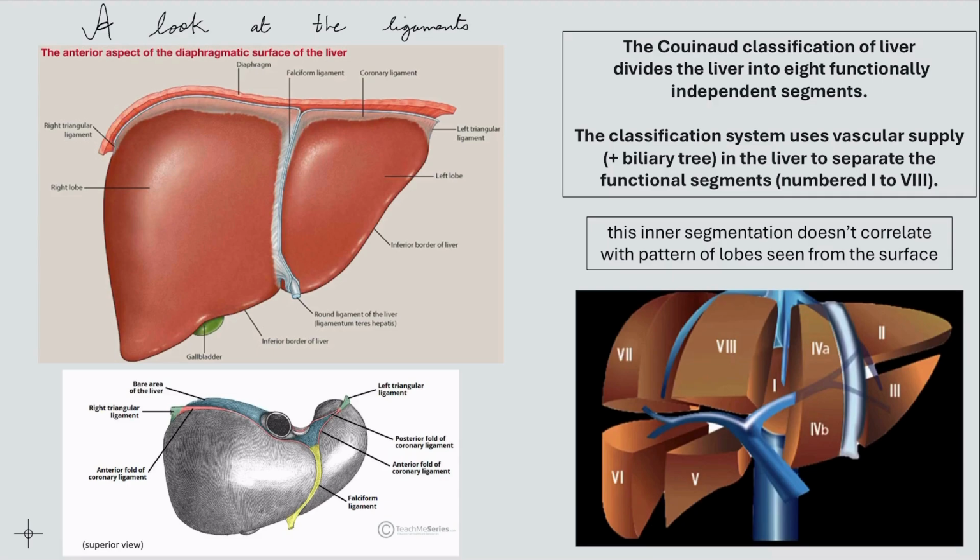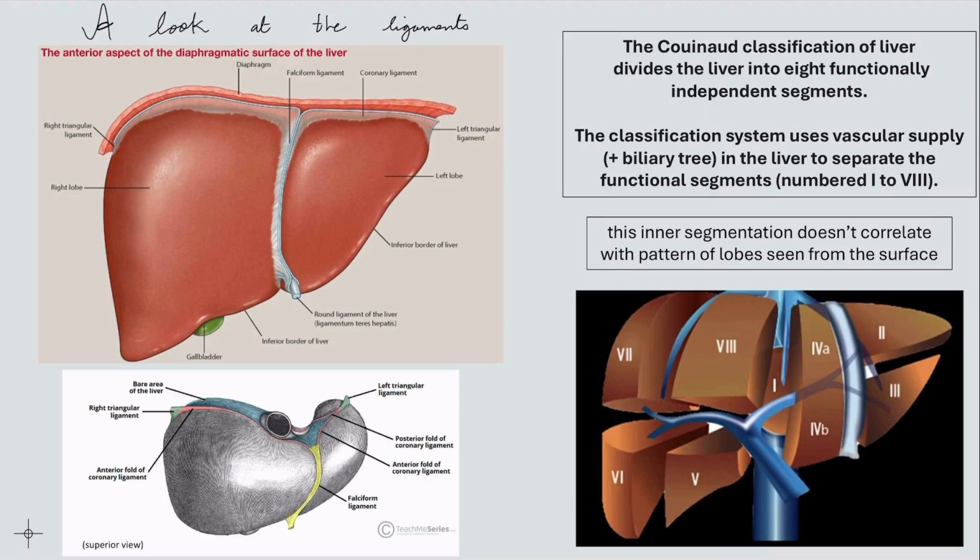And the other classification that I was talking about is based functionally, which uses the vascular supply and the biliary tree in the liver, and then you get 8 different functional segments. This is also known as the surgical Couinaud classification of the liver, and this doesn't correlate with the